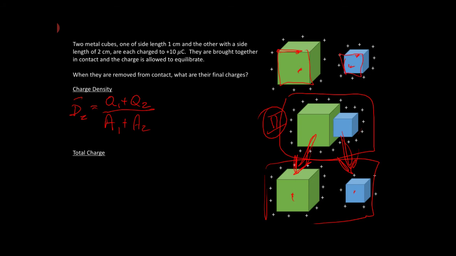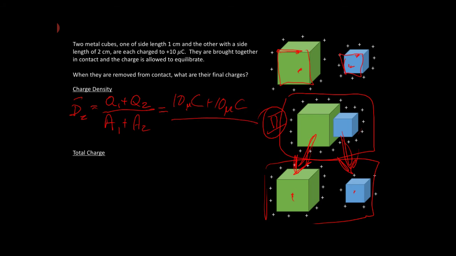Remember, we talked about that before. It's a cube, it has 6 faces. Those 6 faces make up the surface, so the total area is 6 times whatever that was. So that's going to be 10 microcoulombs plus 10 microcoulombs